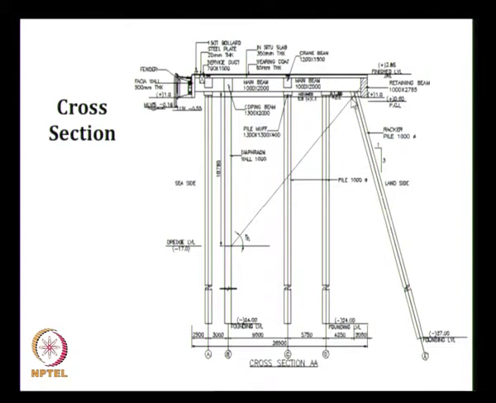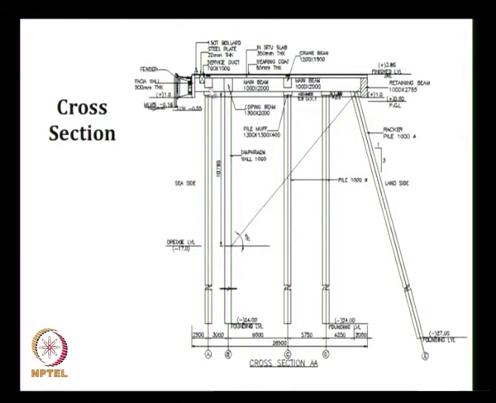But if you introduce a raker pile, there will be some difference, we cannot simply explain, because there will be an axial force on this member and this will have a horizontal component. In case one of the members fails, let us say this member fails, then we have these 3 vertical piles which will take care of this diaphragm wall. Suppose the diaphragm wall is failing, then there can be a slope which can be formed and there may not be a permanent damage, but there will be some damage which you have to rectify at a later date.